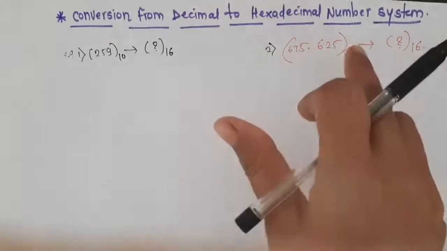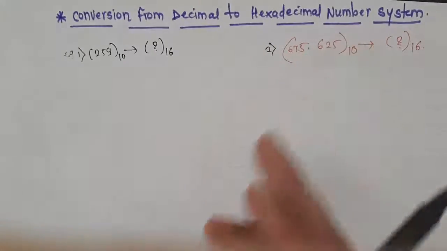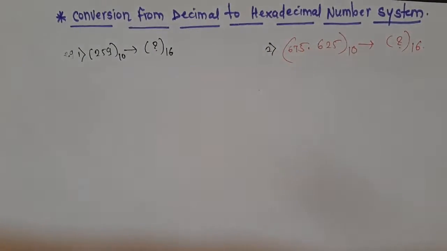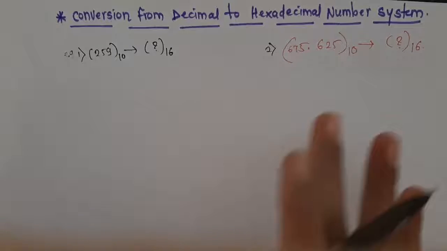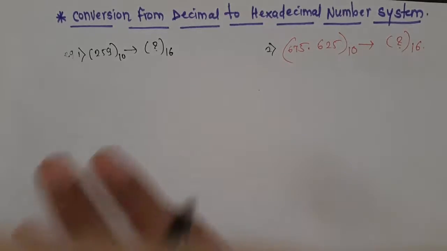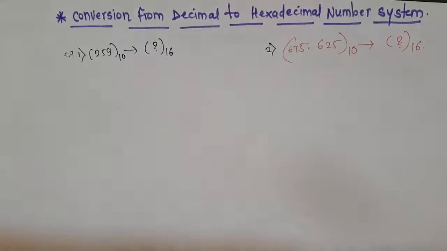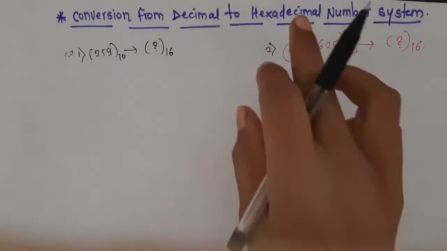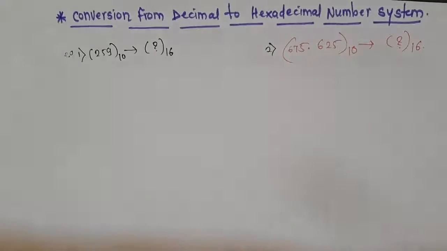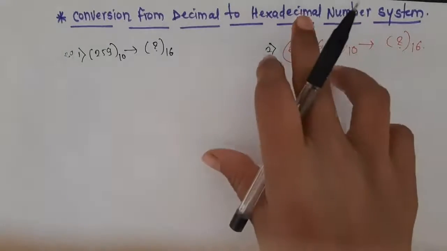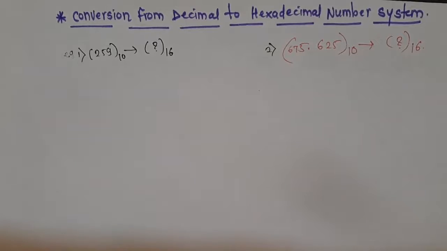In the octal number system, the converting system was octal. That's why the dividing and multiplication factor was 8. The same principle is applied here as we are converting a decimal number to the hexadecimal number system. Our converting system is the hexadecimal system, so the base of that system is 16. That's why we are taking the dividing and multiplication factor as 16.